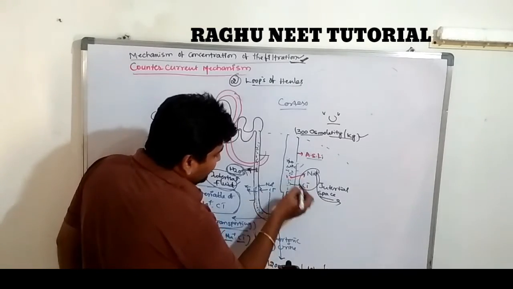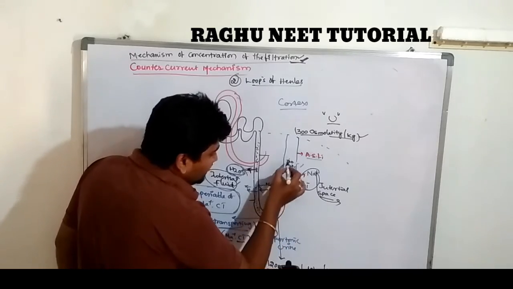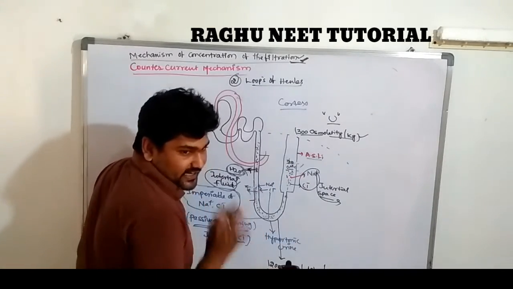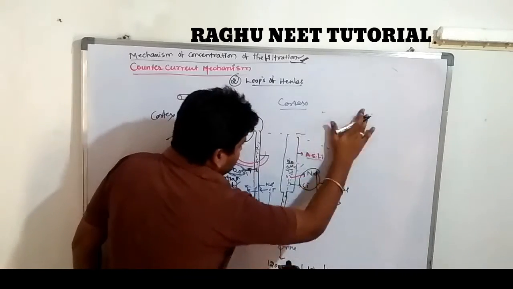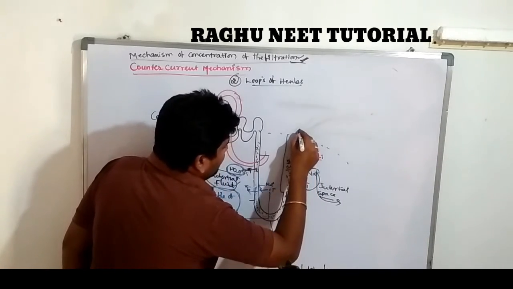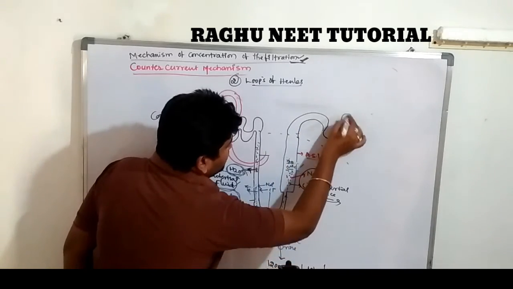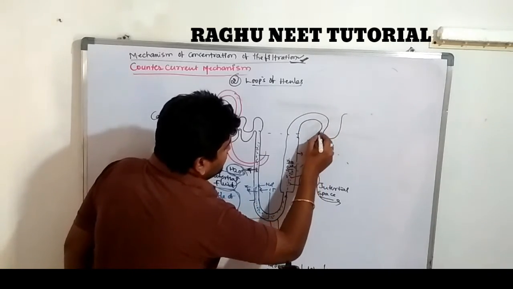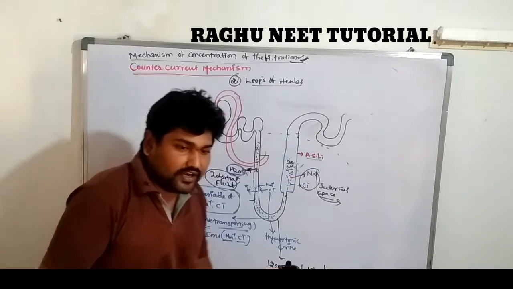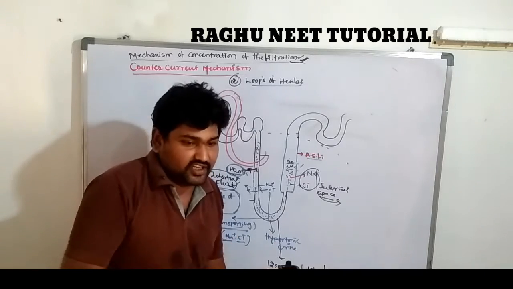So these come out into the interstitial region. After the sodium and chloride ions come out into the interstitial fluid, the ascending limb contains water and some amount of uric acid. This ascending limb leads into the next part, which is known as the distal convoluted tubule. It is located in the cortex region.